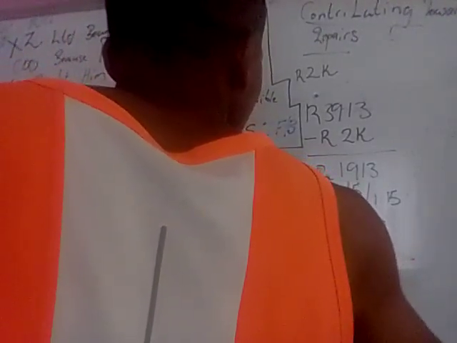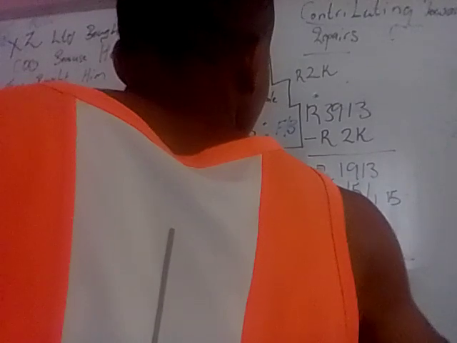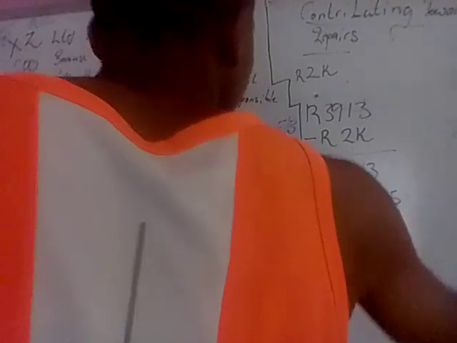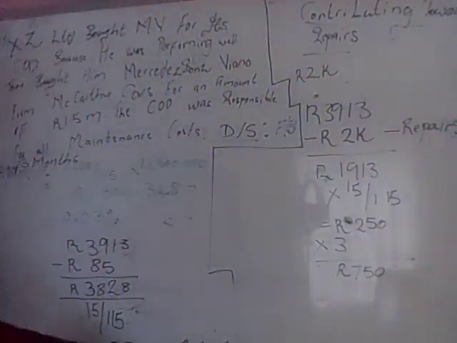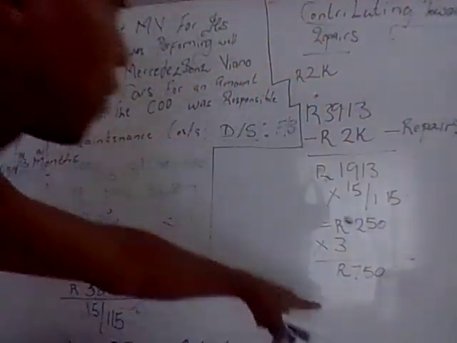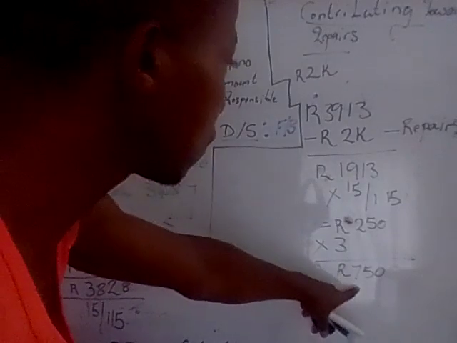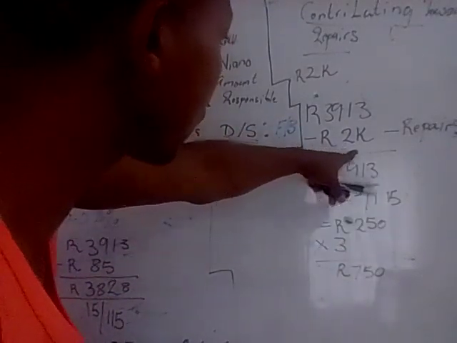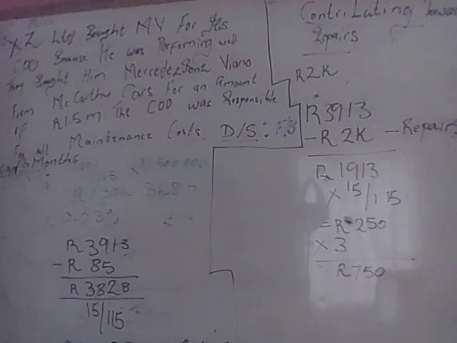So therefore output VAT would be 750 in this instance where he was making a contribution for repairs. And that would have been a different calculation as opposed to this one. So his output VAT comes down substantially because of the 2,000 rand contribution that he was basically making towards repairs